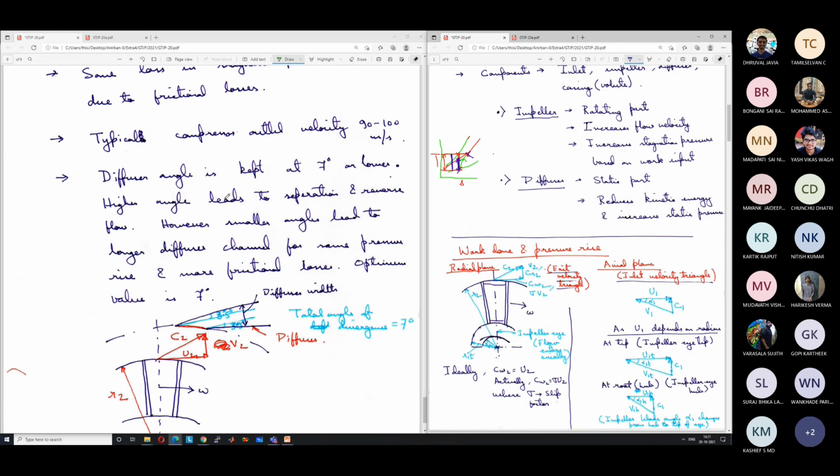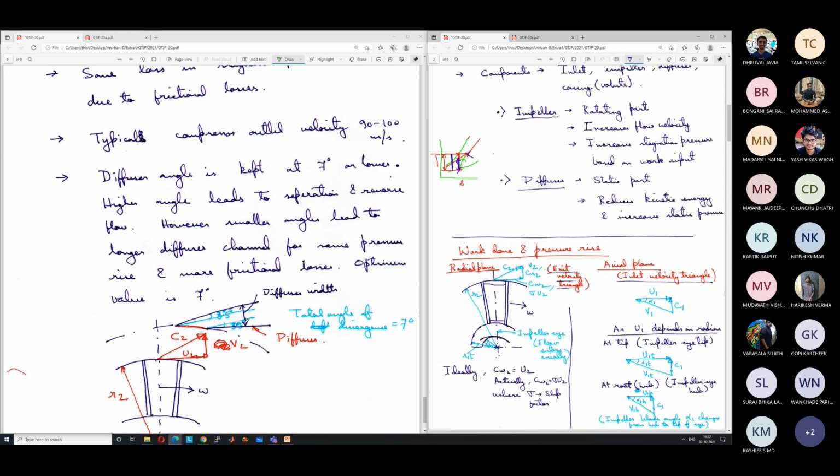So it is going along an adverse pressure gradient. So there is a lot of chance of flow separation. To avoid flow separation, if you quickly increase the area, there will be flow separation from the walls. So the angle of the diffuser is kept less than 7 degrees. It is seen from empirical, experimental evidence, that if you go beyond 7 degrees, chances of separation increase.